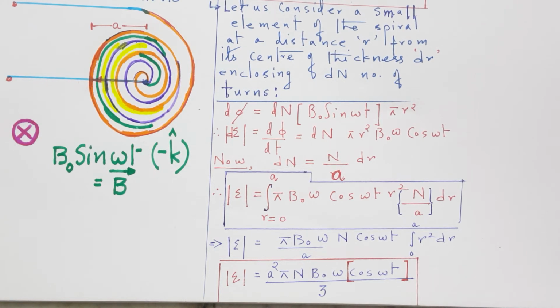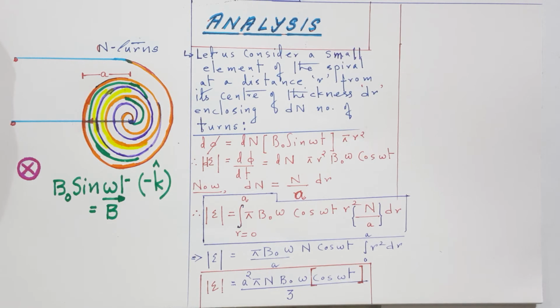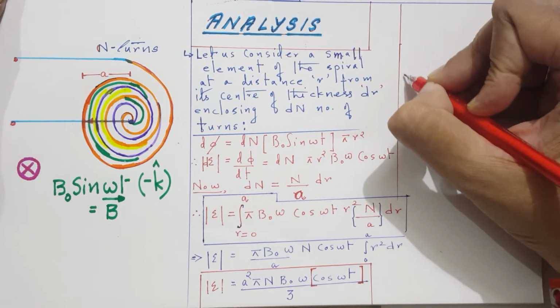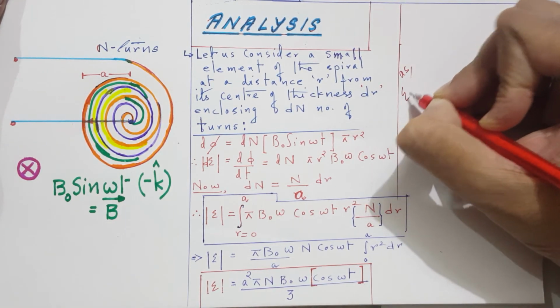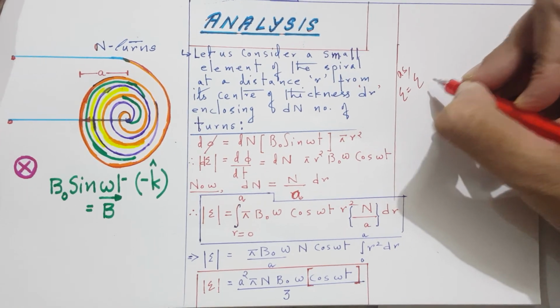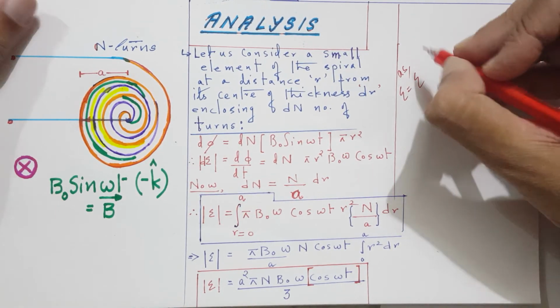Now this is the induced EMF. We can find out very easily the amplitude of induced EMF, because this cos omega t is the time varying part. So the amplitude of induced EMF is the rest of it. So that will give me the amplitude of induced EMF. So we can write E as E maximum. Say I am calling this one E max